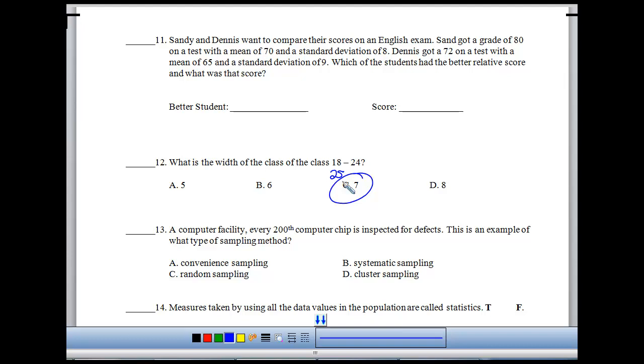We didn't do anything with that. Now, if we added the two and divided by 2, that gave us the midpoint. Okay, maybe that's what you're thinking about. The boundaries would be halfway between. So for this class, it'd be 17.5 to 24.5. Okay, and then the next class, the lower boundary would be 24.5 to whatever 24.5 plus 7 is. Okay?